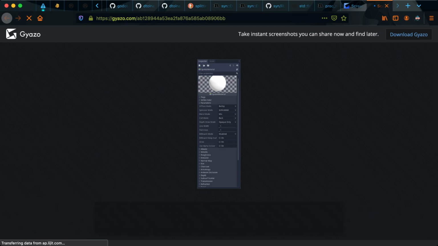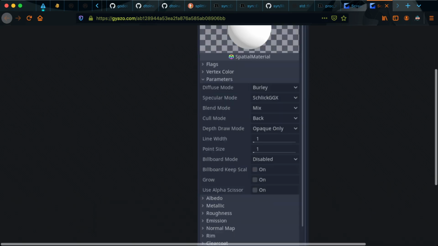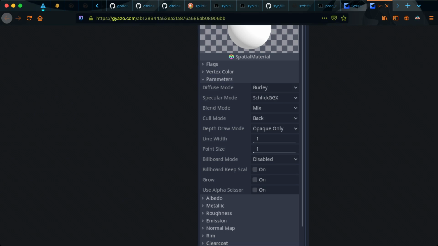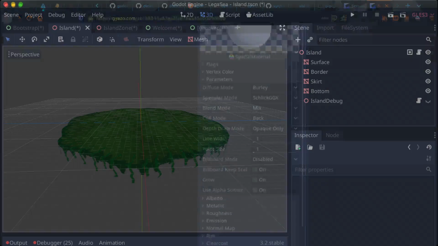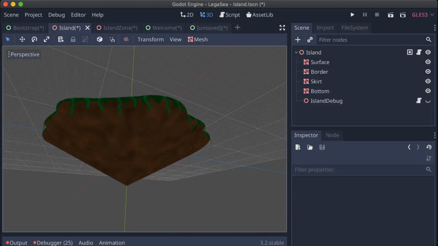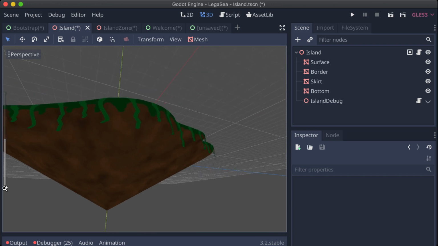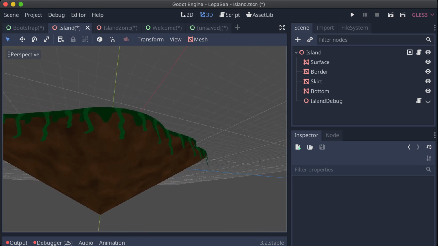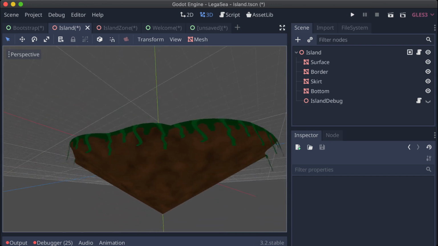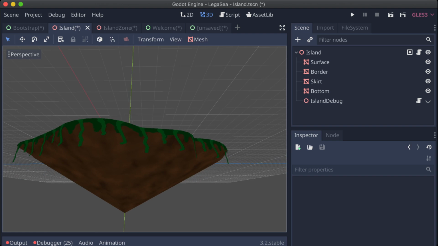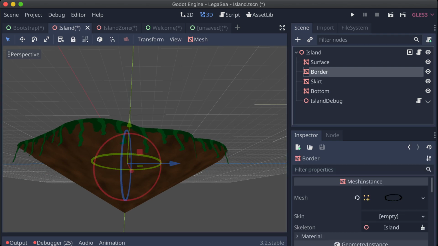Calling the one saying back, set that to disable. Oh, I see. Oh, nice, nice. Okay. So in here, basically, notice how you cannot see the back of the vines at the moment. You can see the front of the vines. They do surround the entire island, but you cannot see the back of them. So if we went to the border,